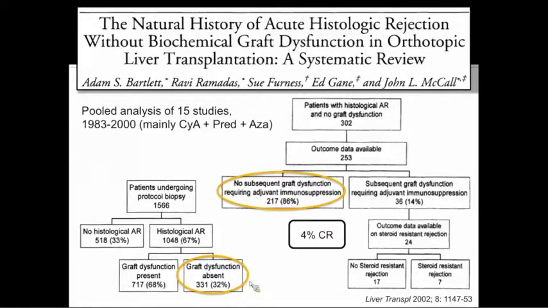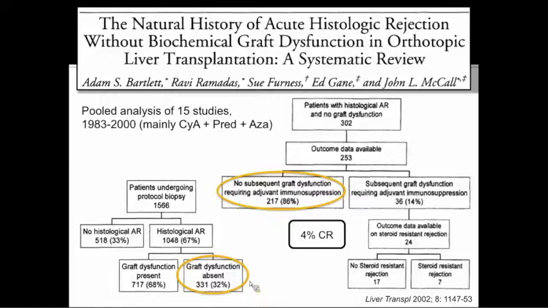And so this is an important study just to realize that for the patients who had histologic acute rejection but didn't have any biochemical abnormalities, the vast majority of them in follow-up didn't have any subsequent graft dysfunction, despite not having their immunosuppression changed. And in fact, in that population, rejection rate was 4%, which for especially the time when this study was conducted was quite low. It was at least 10 to 15% in most of the published literature in this era.